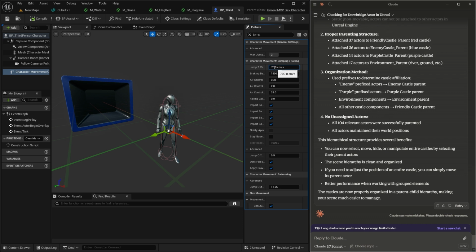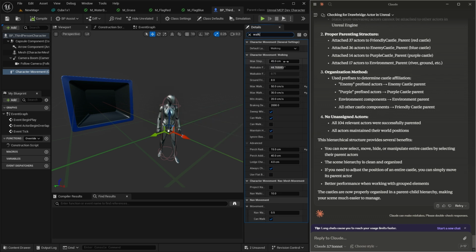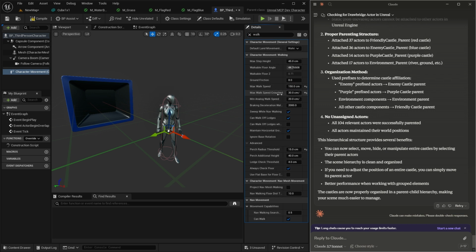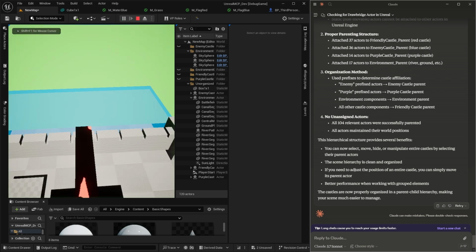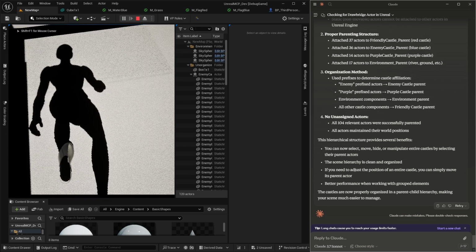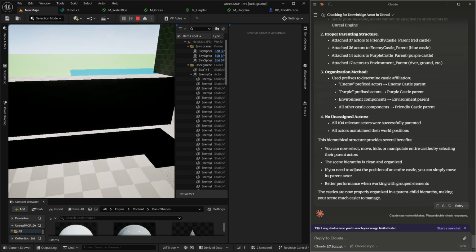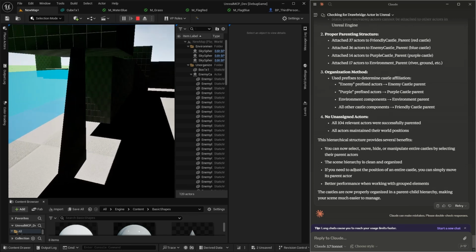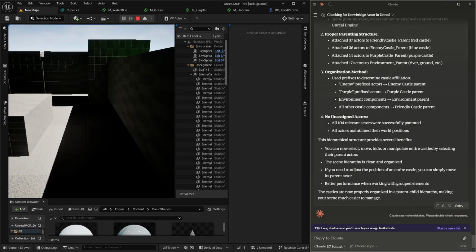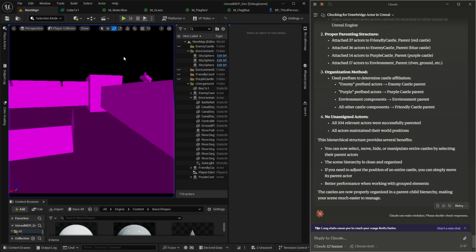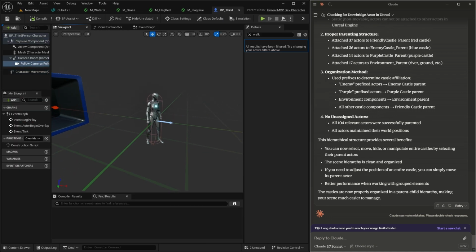Okay, yeah, that jump and flash, gravity. Okay, that is way too much. 70. But the walk speed was painfully slow too. So maybe 150. I'm not crouching. I don't even think there is a crouch built into Unreal. Okay, we're colliding. This feels awful, I will admit. There's a little door here that I can't walk through. I don't know what's going on with the camera now. Let's just turn off.